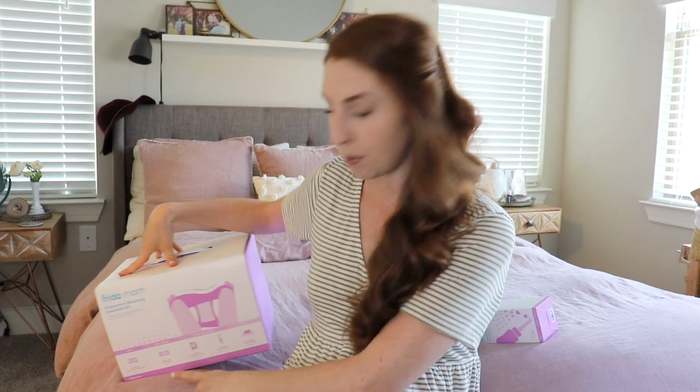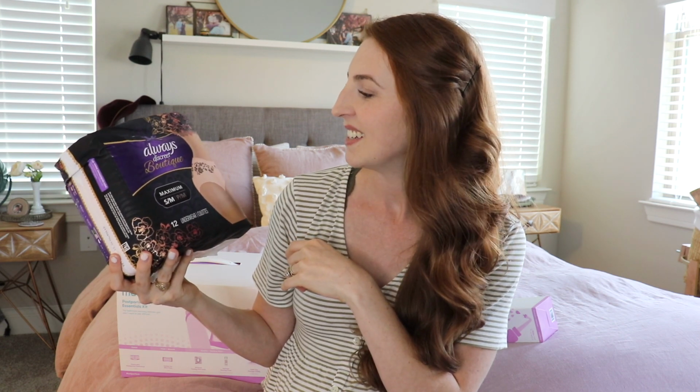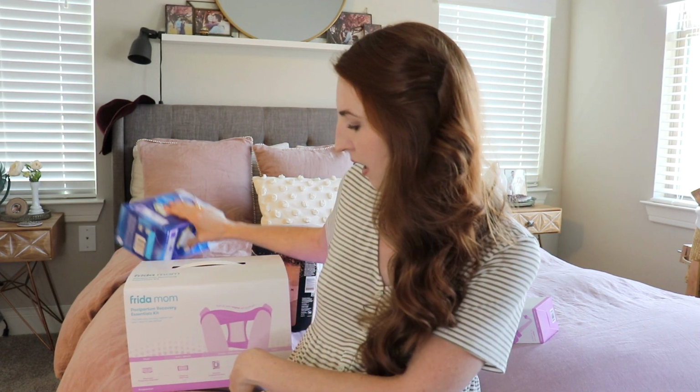And so I'm going to use most of these items the very first few days, along with these that were highly suggested by a huge mom natural birth group, and they loved the Always Discreet Boutique Maximum underwear, disposable underwear. And they supposedly feel silky-ish and a little more attractive. So this will be helpful the first few days after birth, and then I'll probably move to these disposable lighter underwear with the